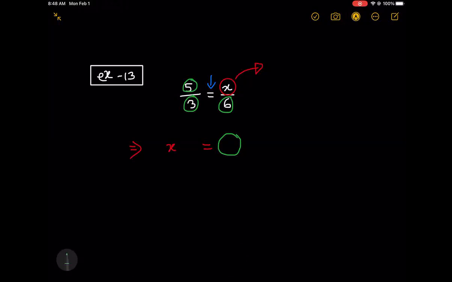Okay, I'm trying to completely isolate the x. So that's what I'm trying to do. Now, what can I do? One thing we always do to isolate whenever we have a proportion in our hands, probably the easiest way, is to cross multiply. Okay, cross multiply or changing sides